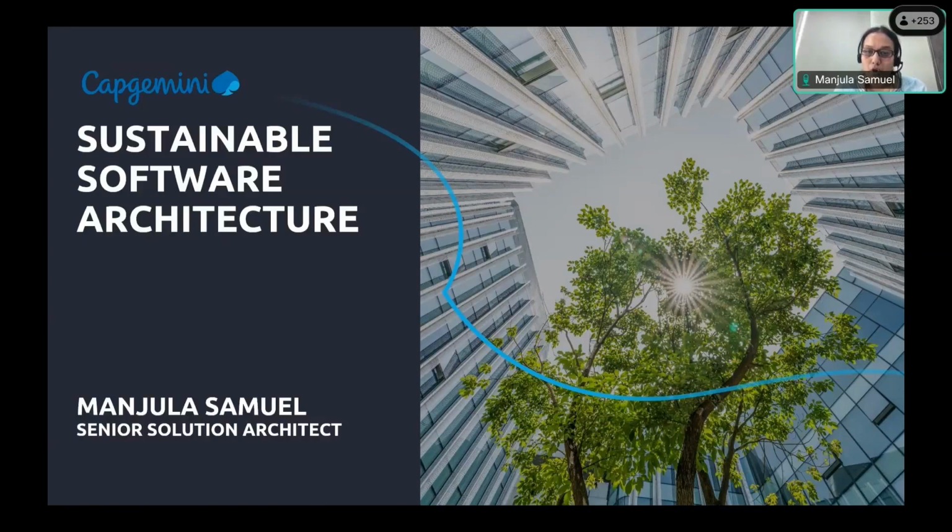But beyond just understanding the theory, we'll also explore some actionable insights and examples that demonstrate the practical benefits of sustainable software architecture. From reducing operational cost and improving energy efficiency to enhancing brand reputation, sustainable software architecture offers a wide range of opportunities for organizations to have a more positive impact on the planet while staying competitive